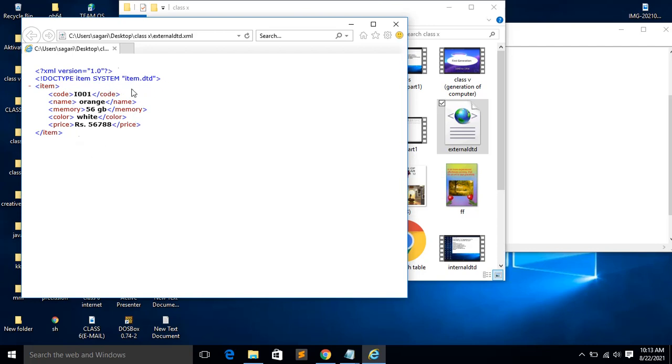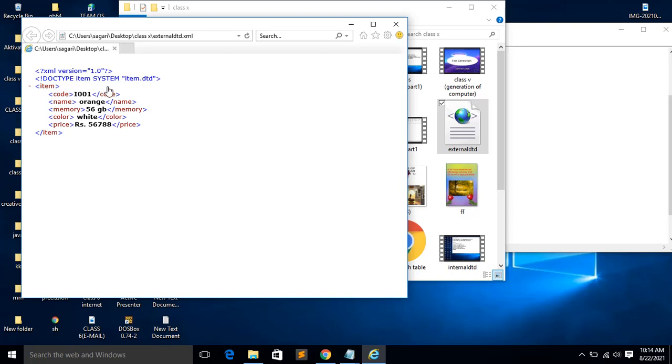Where is the code here? The element declared, the data type, will be called from item.dtd. From there they will read the document type definition. So these two files will be linked with this line. The linked line is this one. So this is called external DTD.